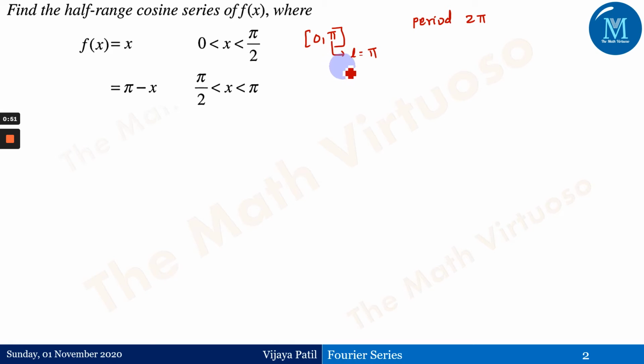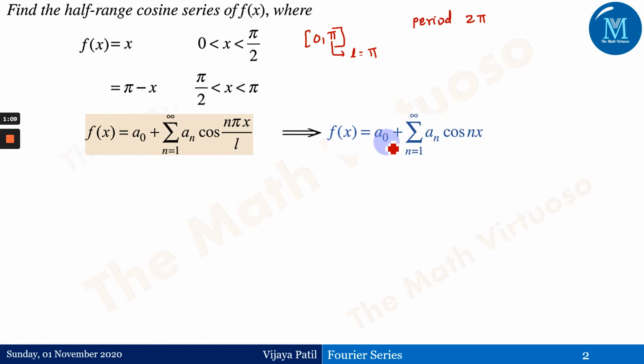If the value of L is equal to pi, then we have seen in the last session that f of x is a0 plus summation of a n cos of n pi x by L, and this L is nothing but pi in the present question. So L will go off and I'll remain with the function f of x as a0 plus summation of a n cos of nx, n moving from 1 to infinity. So this becomes the half-range Fourier cosine series expansion for this particular function in the interval 0 to pi. Now we have to go ahead to find a0 and an.